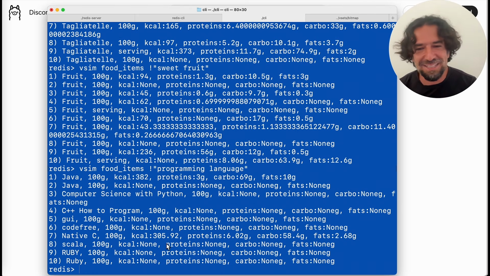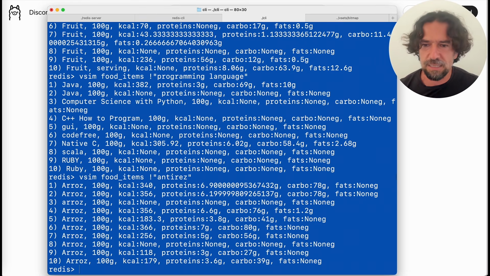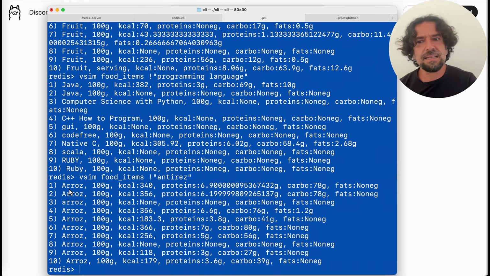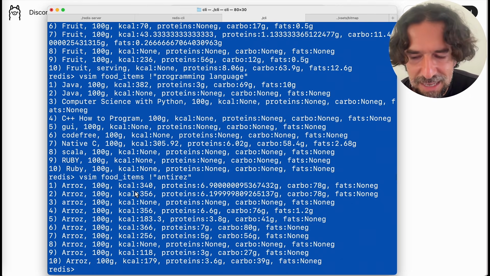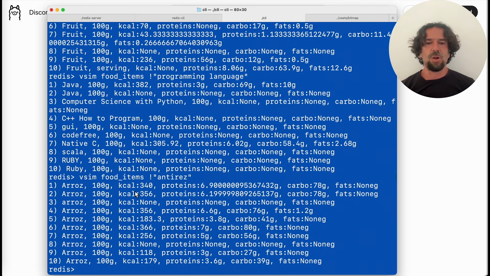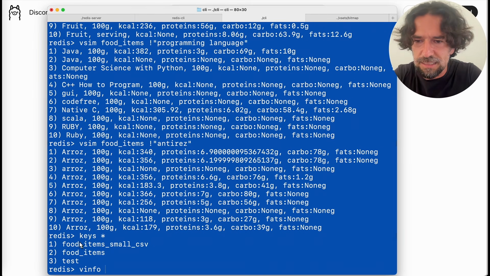This database is a bit contaminated by non-foods. Okay, at this point I want to see if there are food items similar to antirez. No, but it kinda captures also the sound of the sentence. It's super interesting. Okay, so far you can say this is cool and all, but I want to not just get similar items, but I want to filter by other things, and you can, because maybe in this specific data set I didn't add the